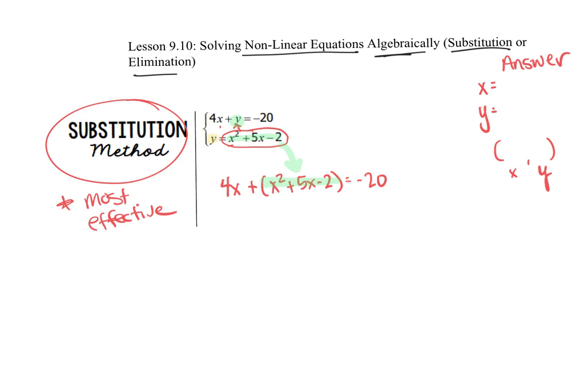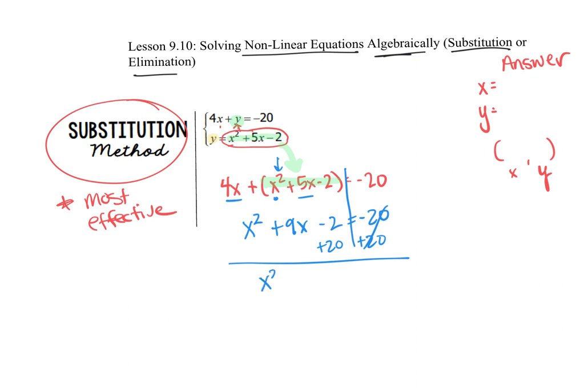Now, because there's no number in front of the parentheses, we do not need to multiply, so we can just drop the parentheses and we can combine our like terms. So that will be 4x and 5x. And here's my equal sign. And I am also noticing at the same time that x is squared. It is quadratic. So that means we need to get this equal to 0 for our solving. So we have x squared plus 9x minus 2 equal to negative 20. Again, because it's quadratic, we need it equal to 0. So we're going to add the 20 over. So we have x squared plus 9x and negative 2 plus 20 is equal to positive 18,